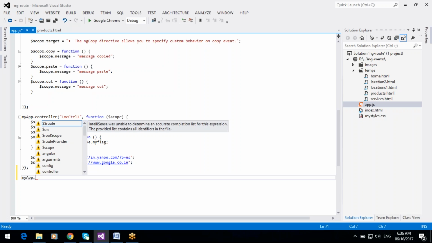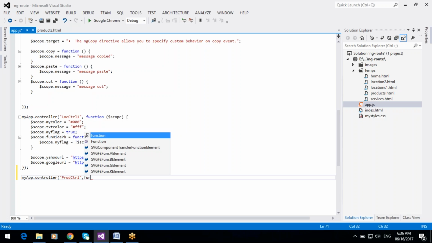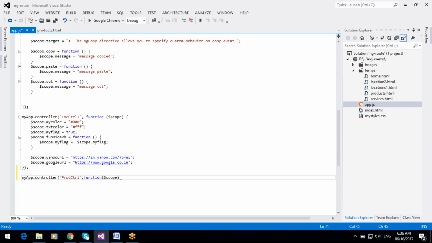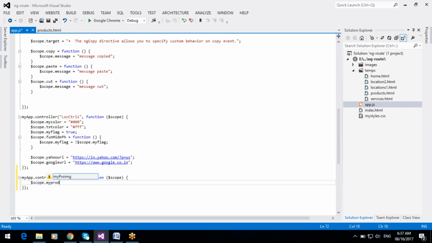My app dot controller, product controller and function. Using the scope object, my products, one object is being created.